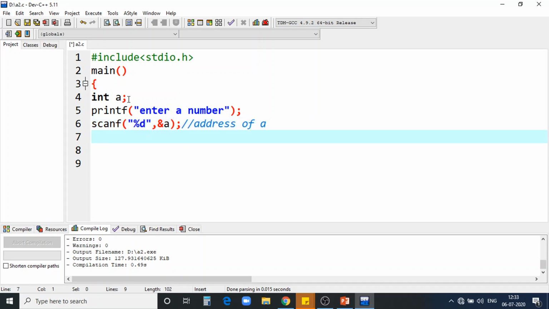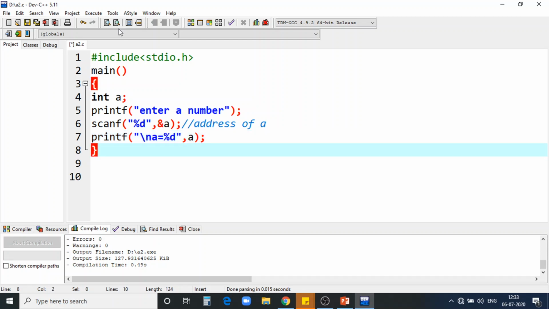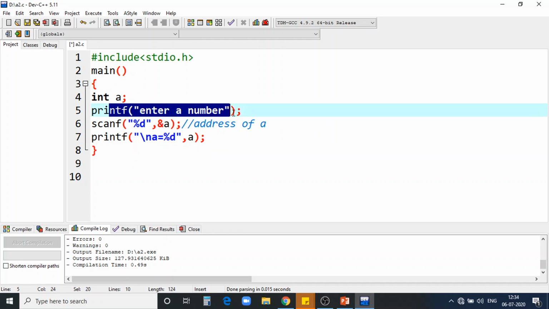I want to read it back. printf A equals. So again I'm reading the value from the address. So this printf is for asking the user what they are supposed to type. scanf represents that you can interact with the keyboard to type a number. Then print the value you have stored in the memory for A.